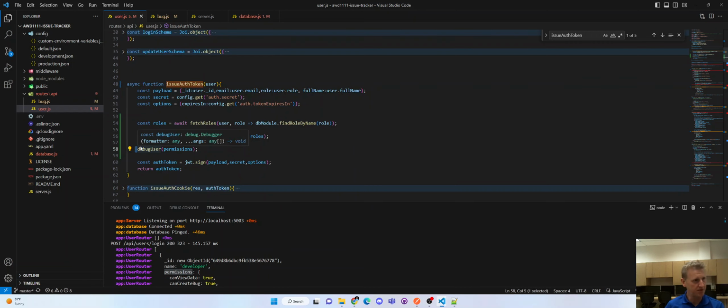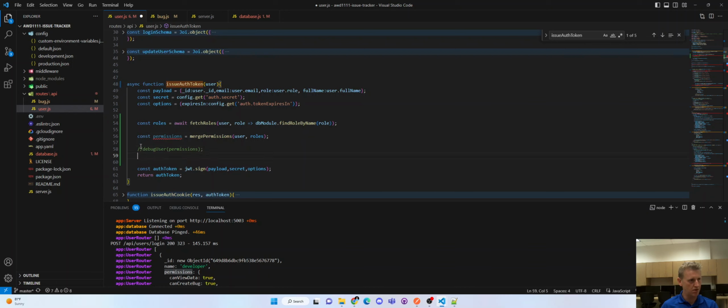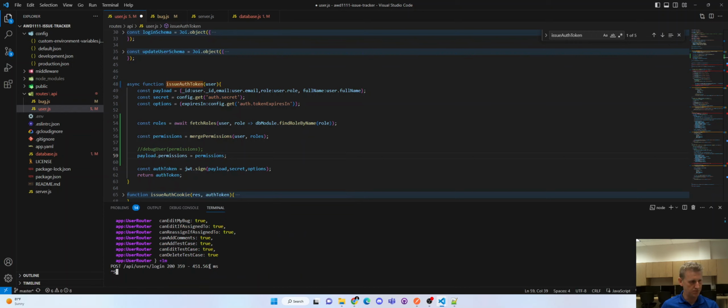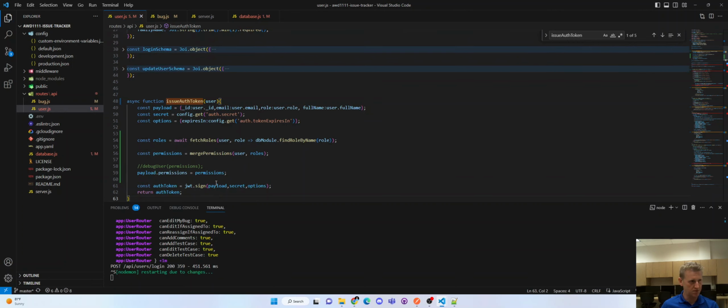Now we update the payload. Payload.permissions equals permissions. Okay, so because our QA can add a test case,